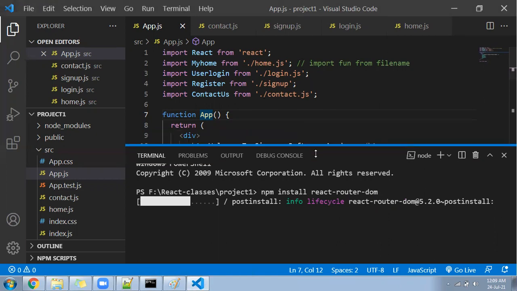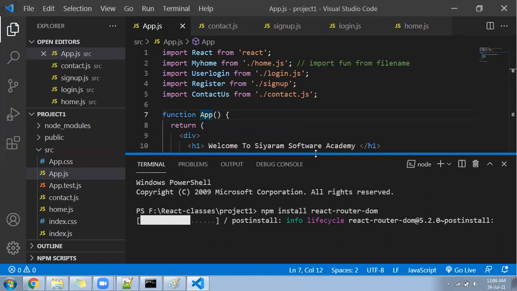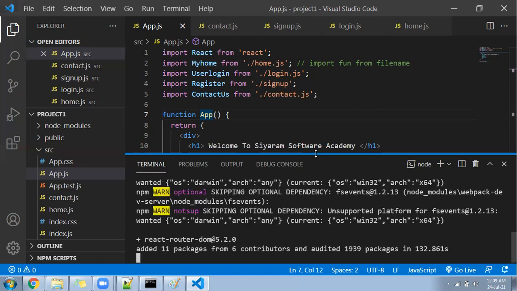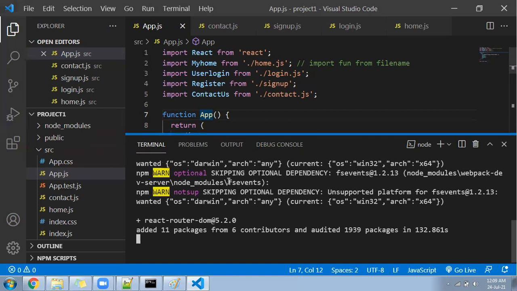Meanwhile, we have to write some CSS, and after writing the CSS, we will come back and implement it. See, it's finalizing now almost. We'll wait for a minute.